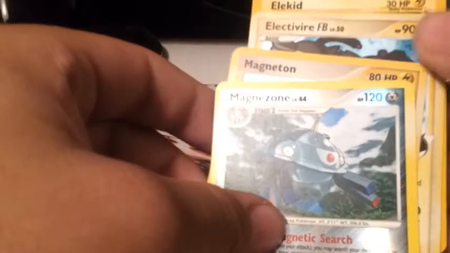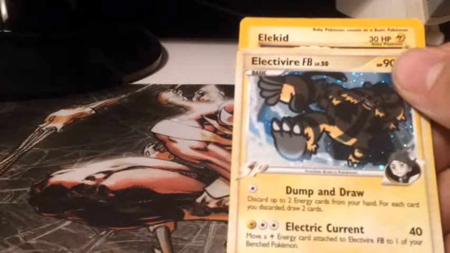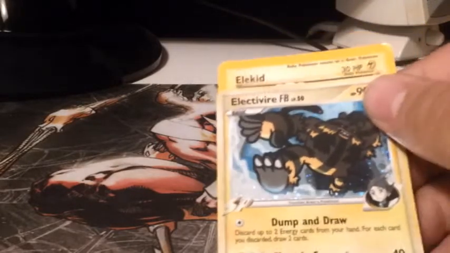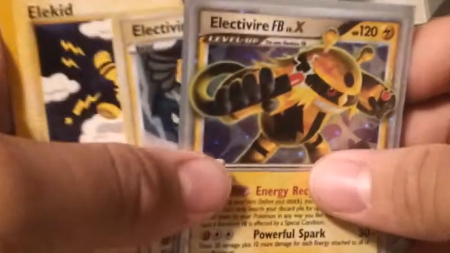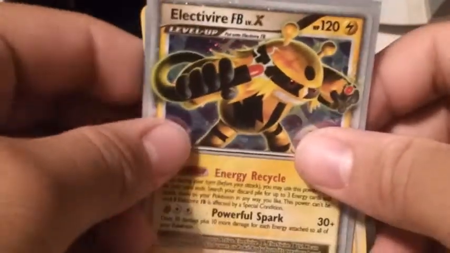Although while you're in Magneton, while in your Electivire FB, there is one thing that we did put in the cube. Is another Pokemon type that I think would need to be explained. Solely because of how it works. And that'll be Pokemon Level X. Now, how Pokemon Level X works is...